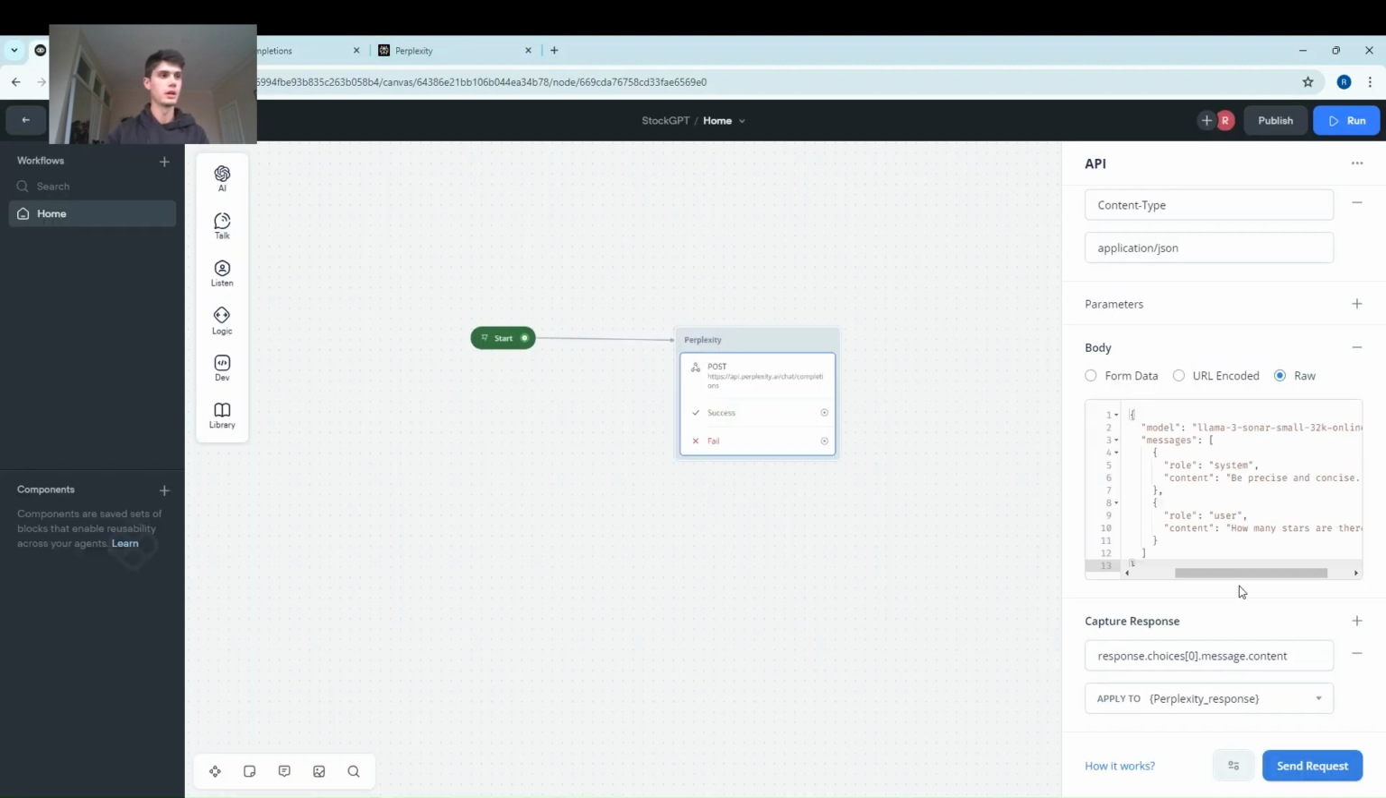There we go. So this is the model that it's making the call to: Llama 3, Sonar Small, 32K online. Role system content. These are basically the instructions for the system. It's just telling it to be precise and concise. And then here is what we will be passing to the API. And here is where the user's query will go. The default in this example is how many stars are there in the galaxy. So if we send that request,